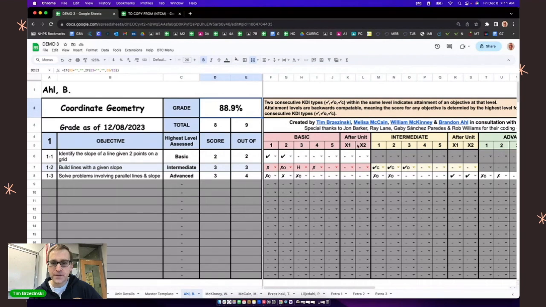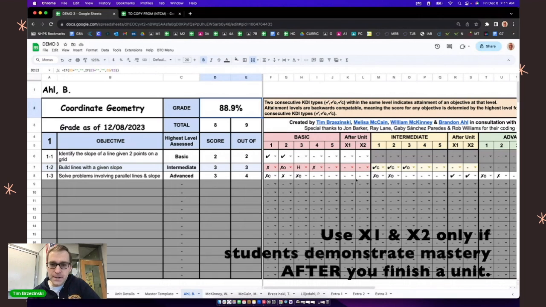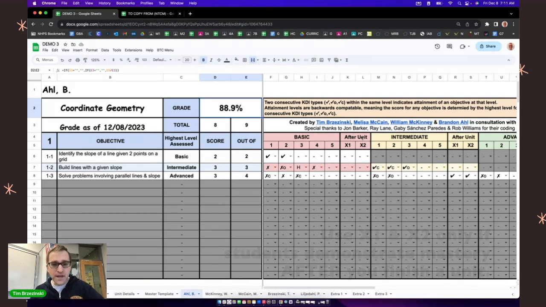These 1 through 5 and this X1, X2, that solid line right there, it is a break. Anything you put in here in the after unit was meant to be done if students demonstrate knowledge individually of previous objectives after that unit is done, if that makes sense. The one last thing I want to show you right here that I forgot to say before is if